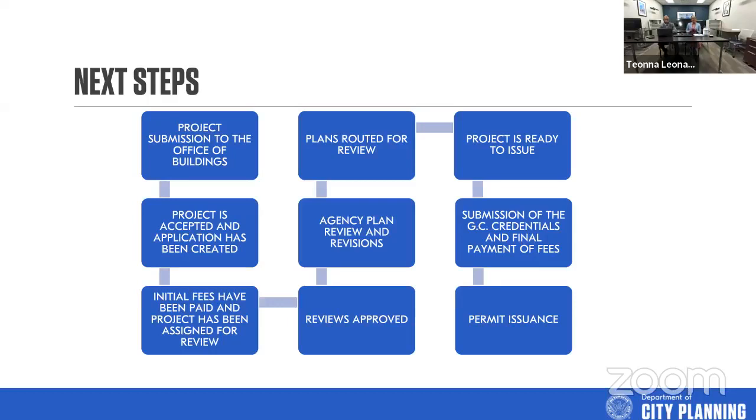Well, there's a deposit that's required for payment, and communication goes out to the applicant of record, advising them that the payment needs to be made before we can route the plans for review. So once you've submitted an application, it does not get routed for review until the deposit has been paid. Once we receive the deposit, the plans are then routed to all of the necessary review agencies.